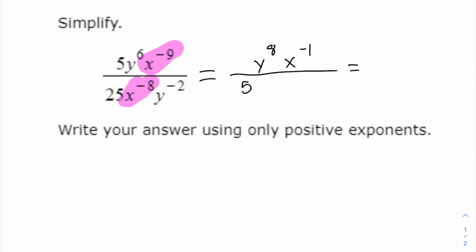We don't really need the 1 there. There's no need for a 1 to be multiplied by the y. And then we'll be left with y on the top to the 8th power. That doesn't have a negative exponent. But this one does have a negative exponent, so we're going to have to move it to the bottom with that 5. 5 will just stay there because it doesn't have a negative exponent. And then x will have a positive exponent of 1 down there, which I'm not going